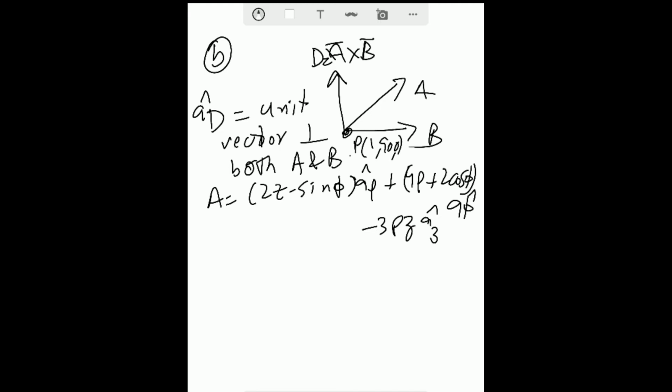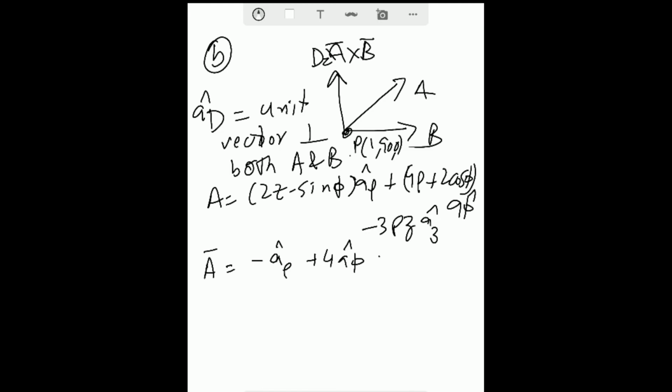So it's an easy point. So the A vector at this point, I just put these values there, and this comes out to be minus a_rho, just 1, plus 4 a_phi